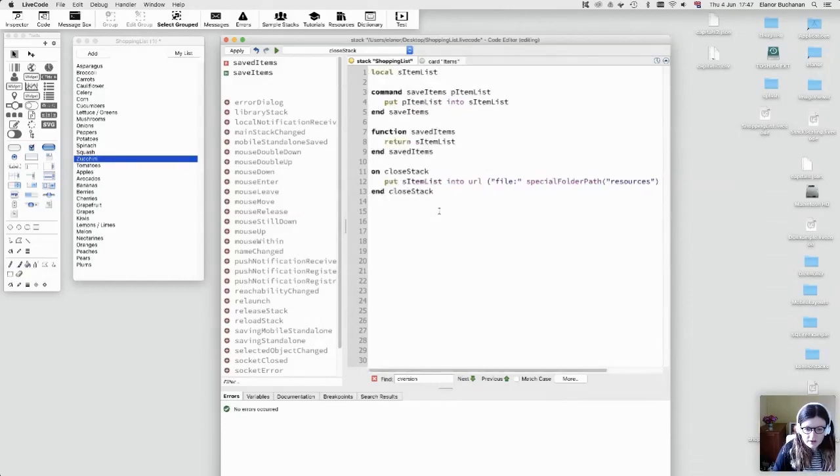We'd write that out to file, and then when the stack is opened, so in this case we would do it